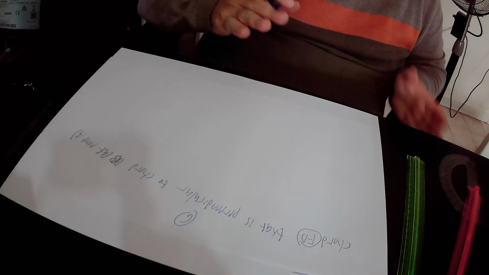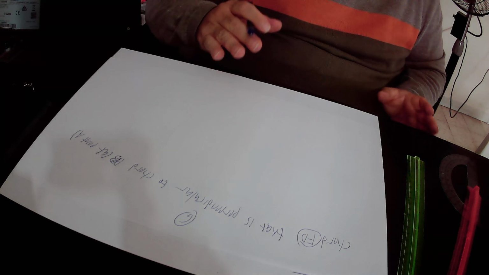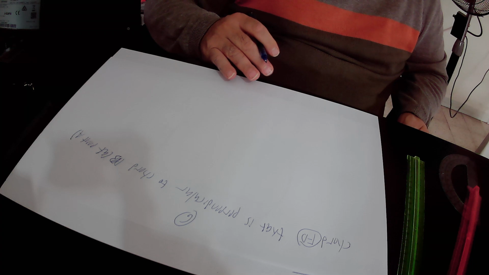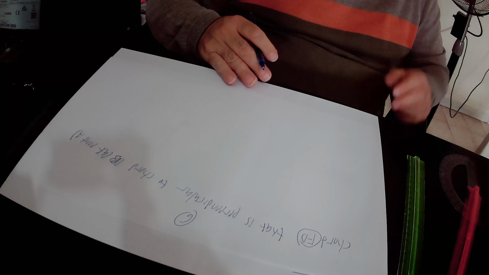Whenever you have two chords that are perpendicular to each other, you can implement rule number 4. Okay, therefore we can implement here rule number 4. And according to rule number 4,